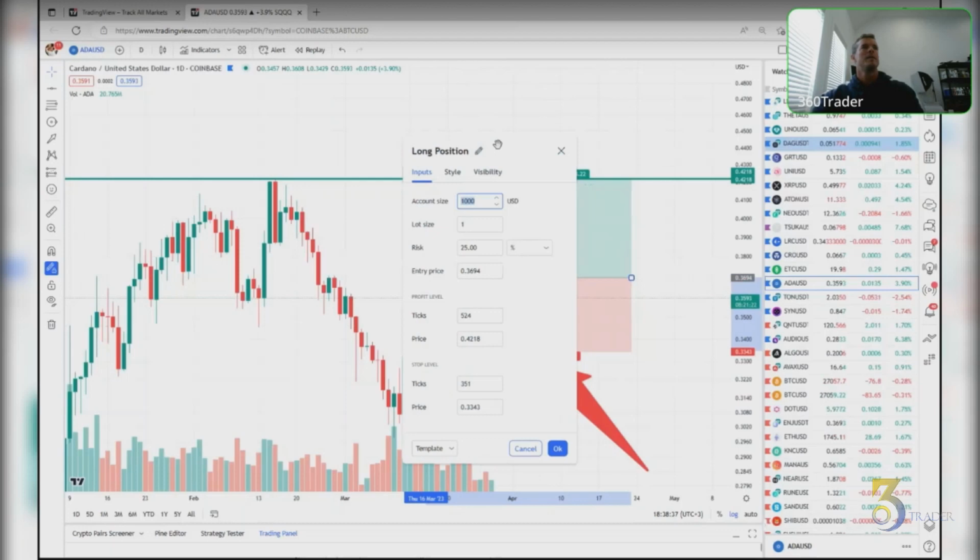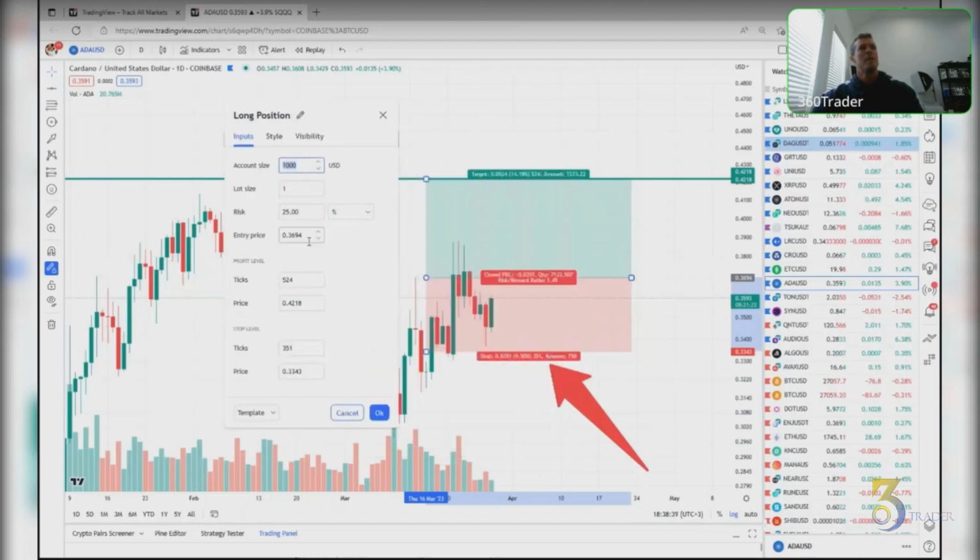Boom. Now I can mess with this. Entry price is right here between the red and the green. Let's say it's on 0.369, but I want it to say 0.36, so I drop that down to 0.36.